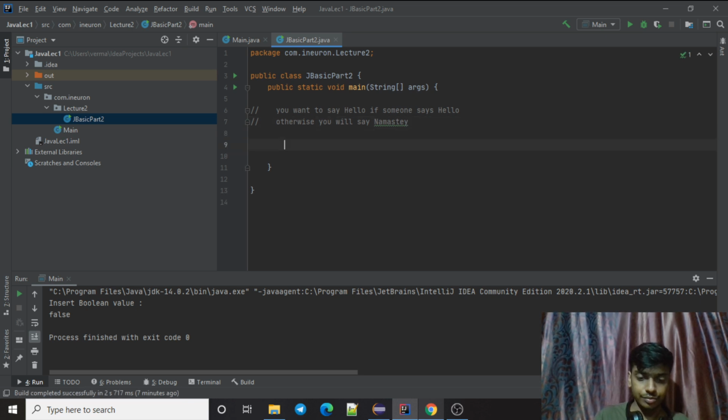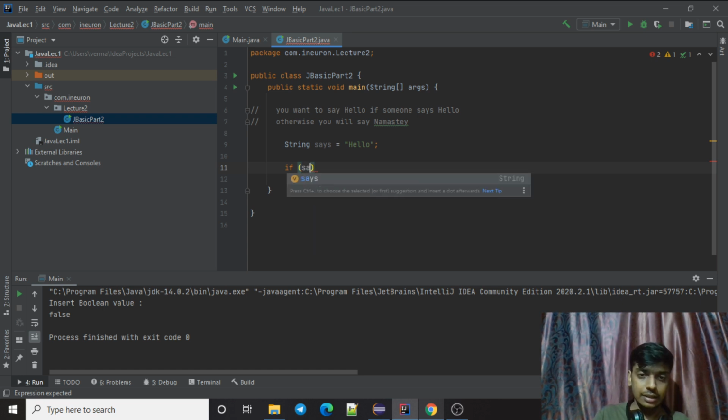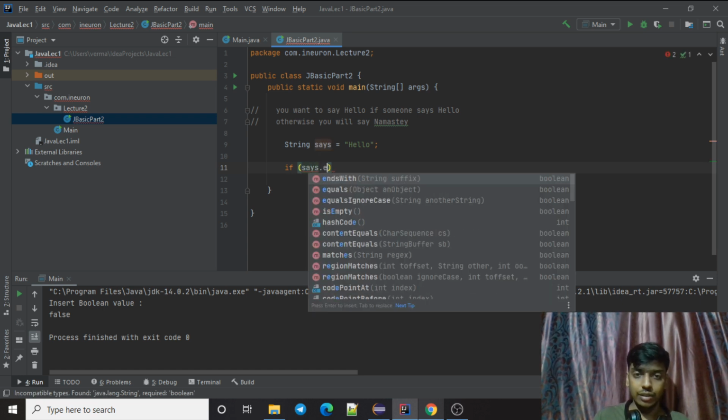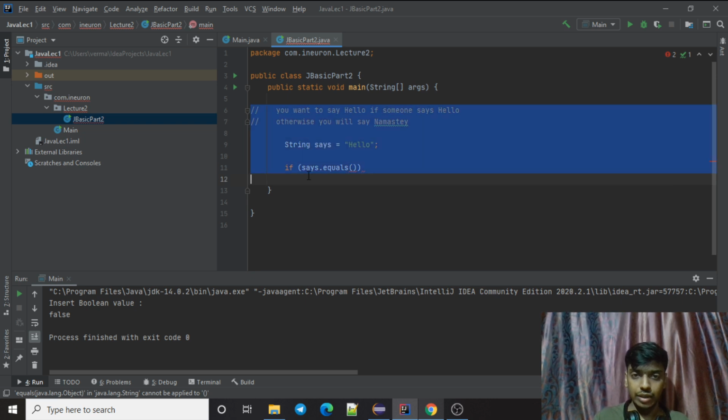So let's say I create a string which is hello, and now I'll create a statement. Now the if statement is where you have to make a decision, right? So I'm saying if says dot equals, I will explain how this equals works. Just to equate two strings, you need to do says dot equals.